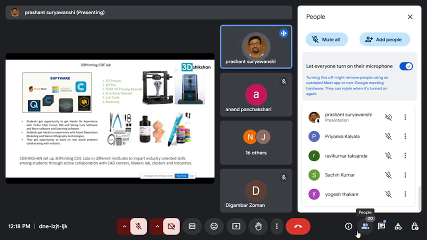I can remember one clear case from when we started this 3D Shikshan. We had one student from the sixth class, and after getting knowledge from our course, he started getting orders for customized 3D printing gifts, like lithophanes and all. Since she has a family background in business, her mother was doing some kind of small business, he started helping her earn.